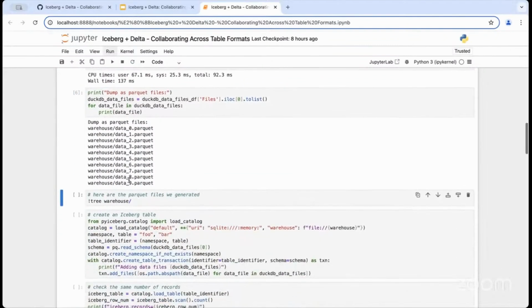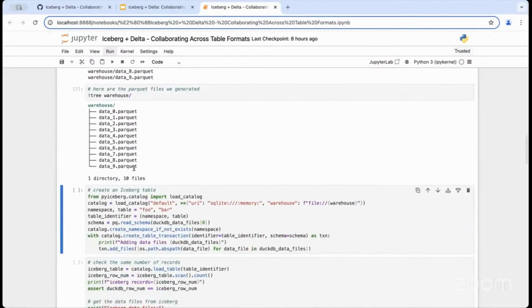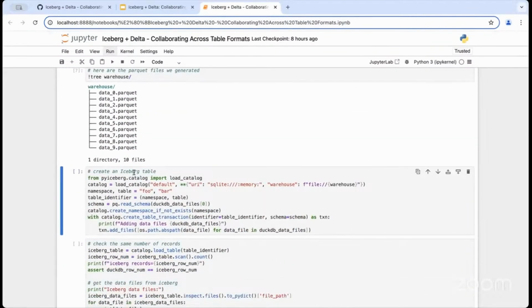Okay, so this is actually in my machine. I removed everything before. We just generated 10 Parquet files. I'm gonna run the tree, so you know I'm not lying. There's 10 Parquet files over there. Okay, great. So imagine this as your S3 bucket, whatever object store you use, but right now it's just my